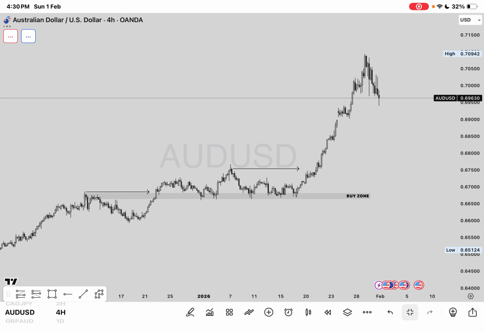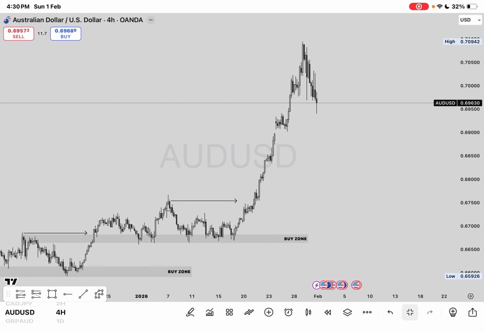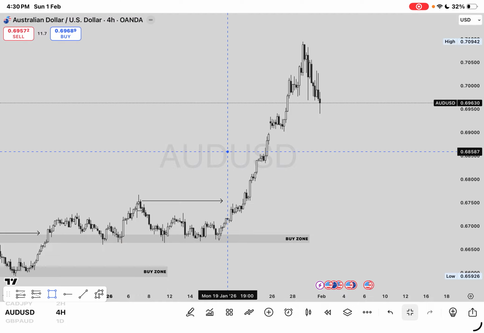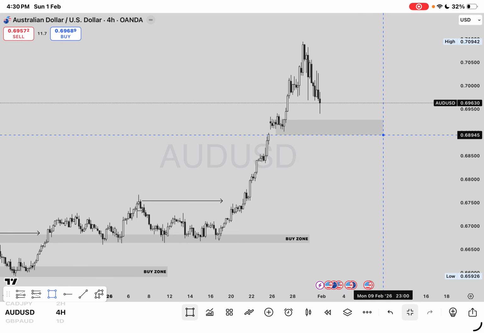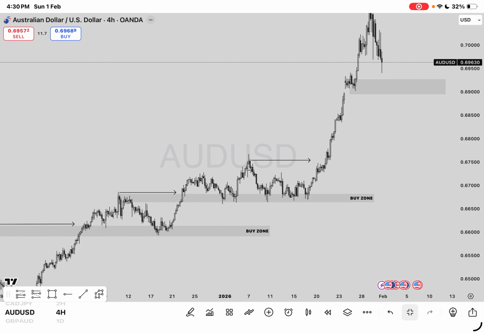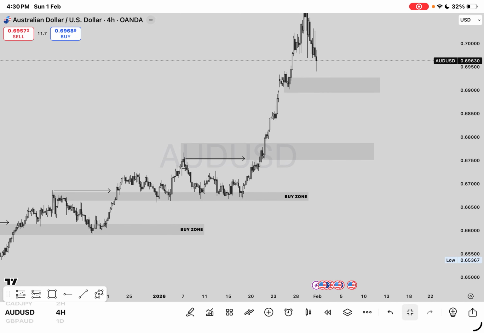Okay, so this is AUD USD retracing all the way to this level here. You can see this is a mid pivoted order block. Now I cannot tell you that the market will retrace all the way back down to this key level. That might be too much. Normally I would have said wait for it to get here, but that's too much.